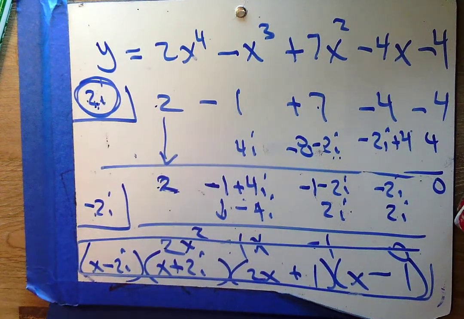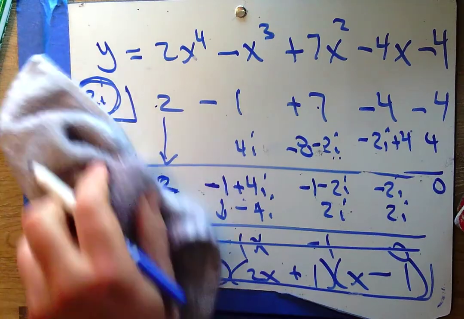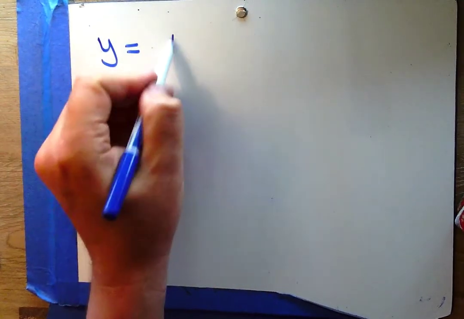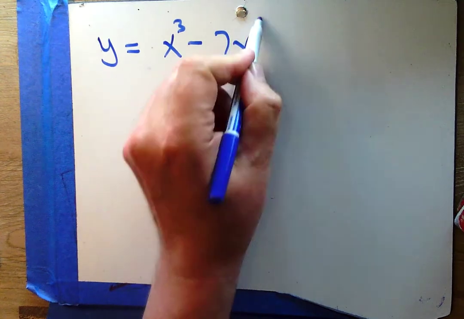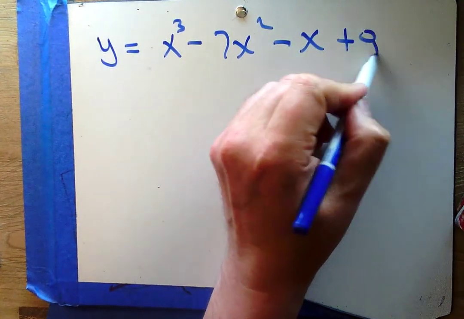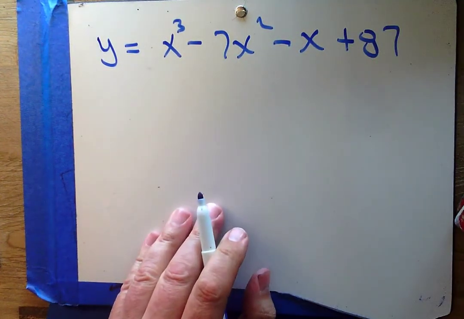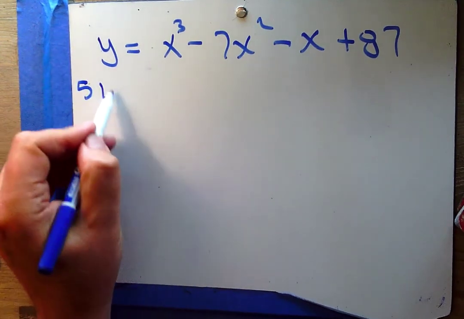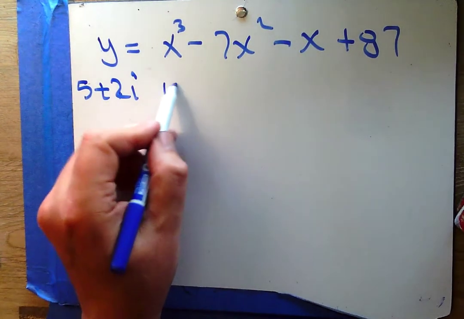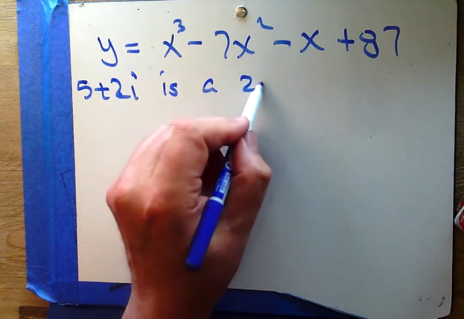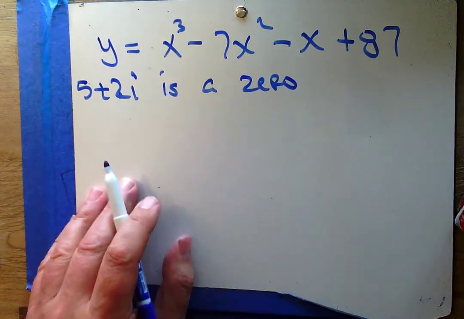And yes, you do need to be able to do that on our polynomials test with irrational numbers like square root of 3, and yes, with complex numbers like 2i. And, let's take a look at this one. X to the 3rd minus 7x squared minus x plus 87. And I'm going to tell you that 5 plus 2i is 0. Okay, so,